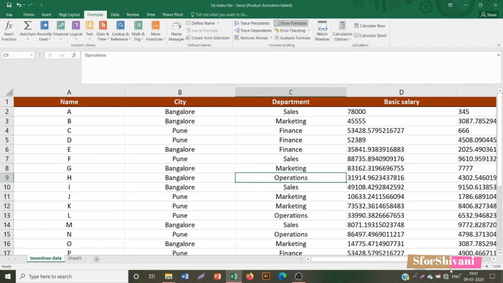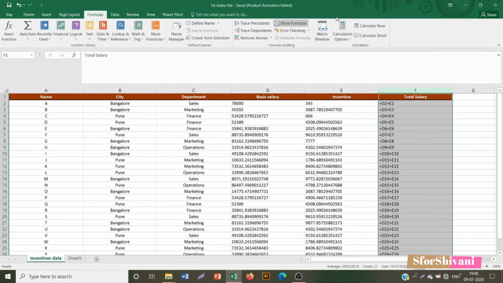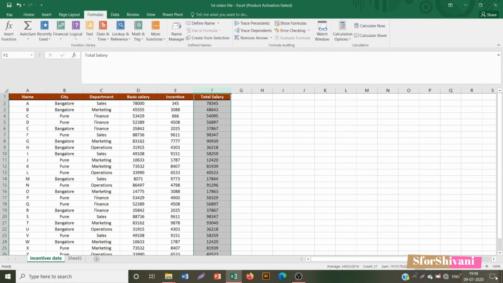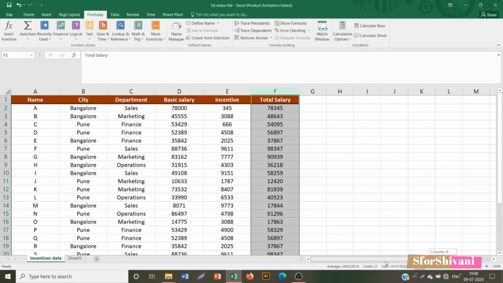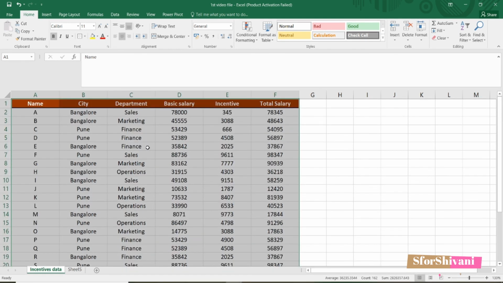I will also show you how you can add a filter. So let me make it back to normal. Let's say I want to see data only for the Bangalore city. What I can do is select the data, click on sort and filter here, and add filter.